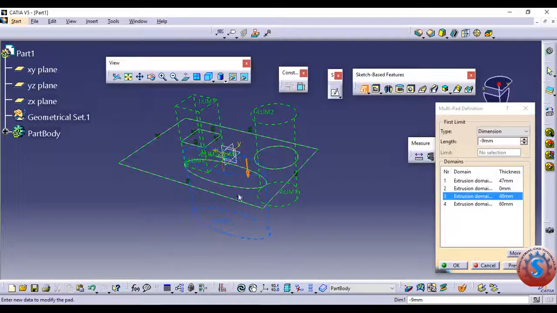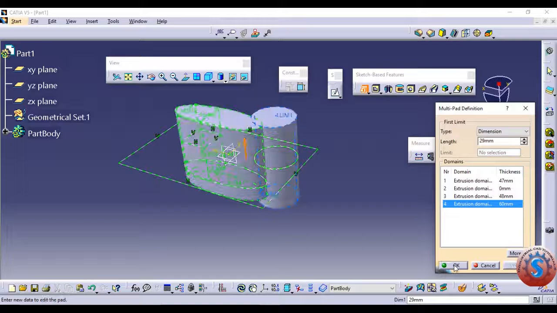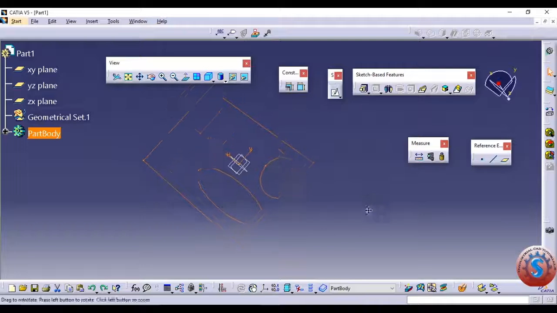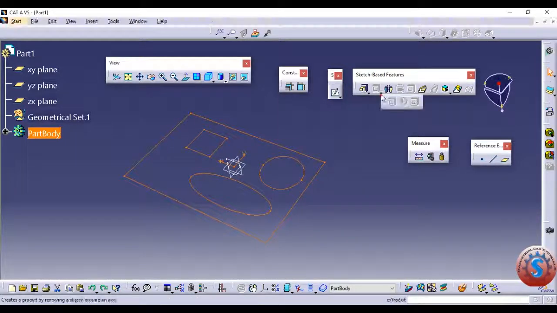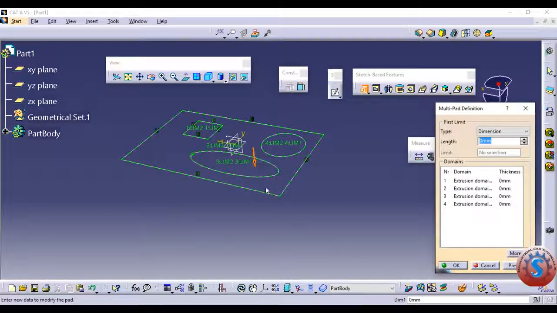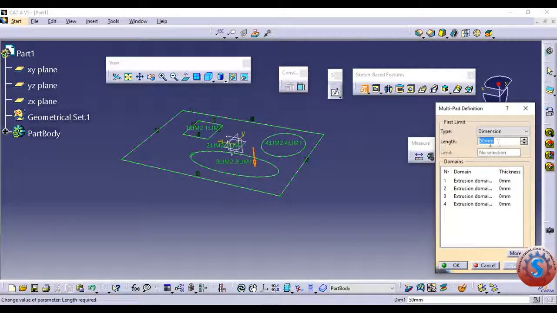And the next one, I'm selecting the extrude dimension. This to 60. If you want to change, you can also change the dimensions. See what I selected. You can also give the rectangle option over here, and go into the multipad again. First length I am giving 50 mm. Preview. You can observe the operation performed and the feature is necessary. If you want to give the dimensions, simply click on the limits. You increase the dimension of each object